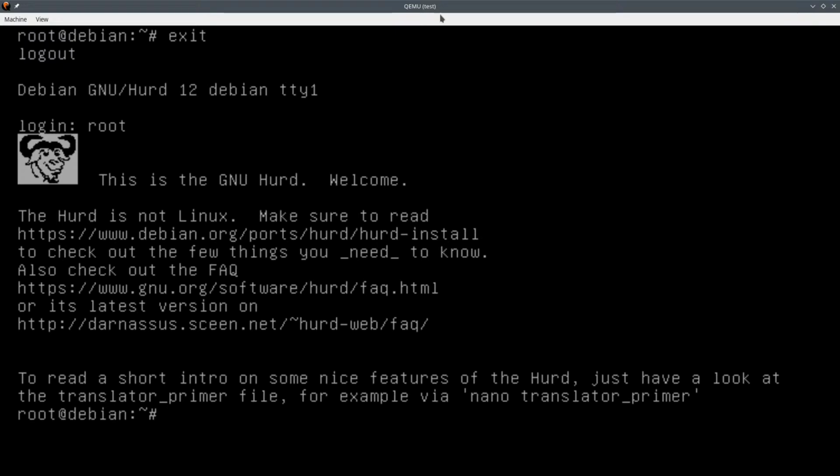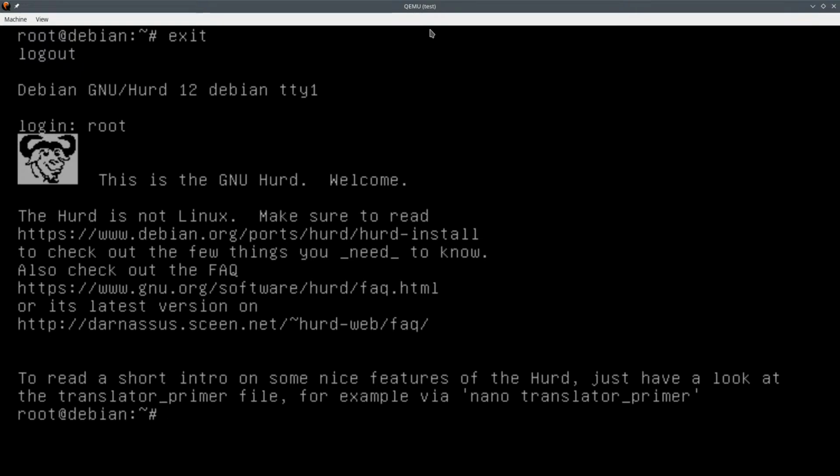So let's take a look at this. This is the new Hurd. Welcome. The Hurd is not Linux. Don't say the Hurd is Linux. Make sure to read Hurd install to check out the few things you need to know. Also check out the FAQ and whatever.